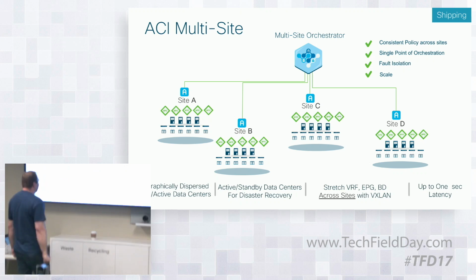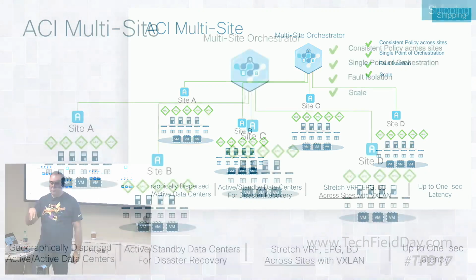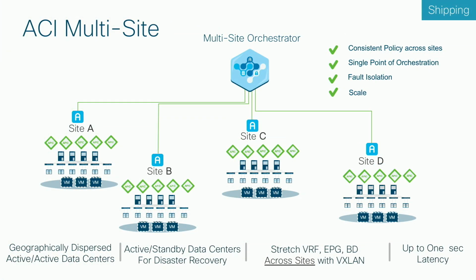But then our customer said, maybe I want to have the stuff a little farther apart. Maybe I want to have separate availability zones. So a while ago, we also shipped something called Multisite. Multisite is a bit different. In Multisite, every site has its own set of APICs. So every site has its own management cluster. And then the underlying infrastructure is managed by that management cluster. And then we have a concept of local and global objects.